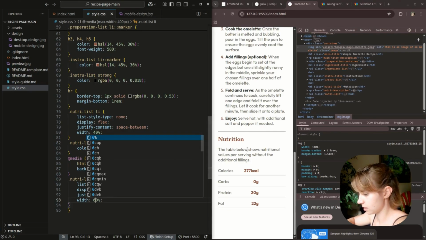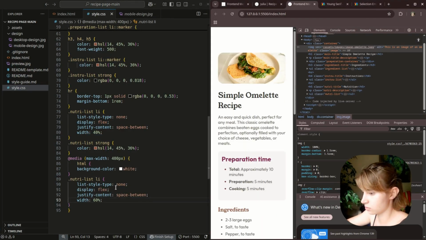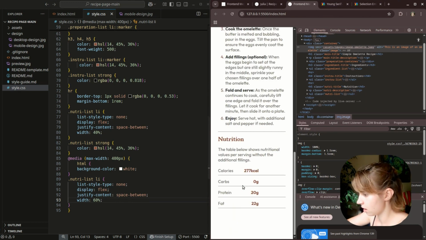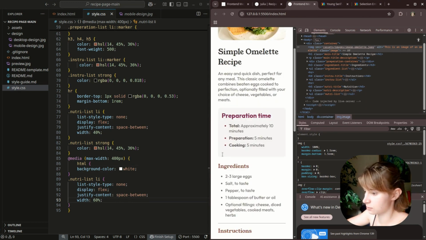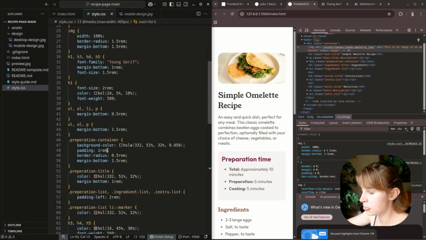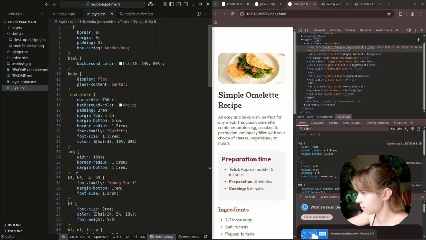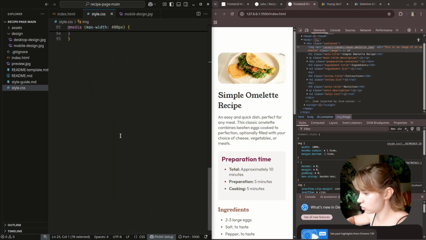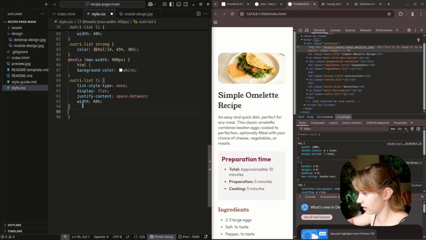I'm going to increase the width to 60, and that's already making that look better here. So that display flex, there's some space for it to be space between. That's already looking better. And then finally, I want to fix this image. So I'm going to do image, and I'm going to copy that into here, and I'm going to change this